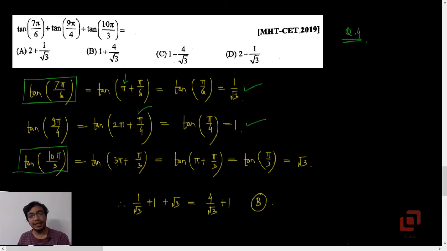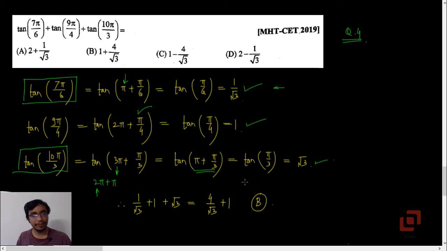You may write it as tan of 3 pi plus pi by 3. Okay, and if you write 3 pi as 2 pi plus pi, then tan of 3 pi plus pi by 3 becomes coterminal with tan of pi plus pi by 3. Okay, this factor 2 pi can be ignored. And then again use the formula that you used to find tan of 7 pi by 6. Okay, tan of pi plus theta is tan theta. But what is tan pi by 3? Root 3.